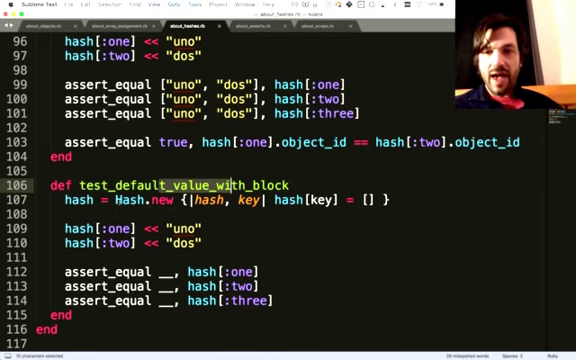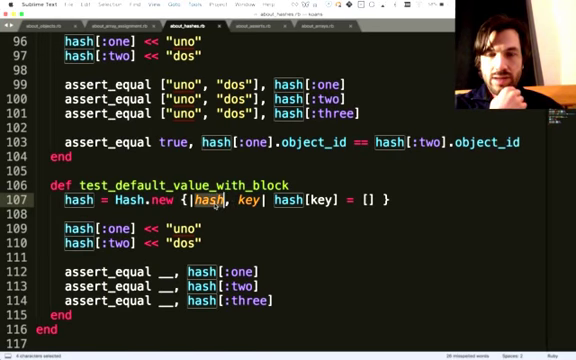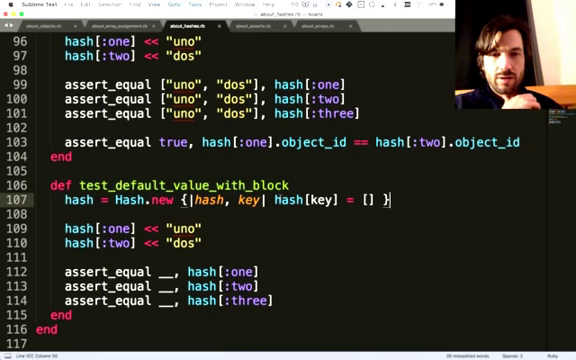Okay, so we make a hash using the new, and we give it a block. And the block takes two parameters, the hash and the key. So the default value is this block. So when we put something in a hash, when we call a